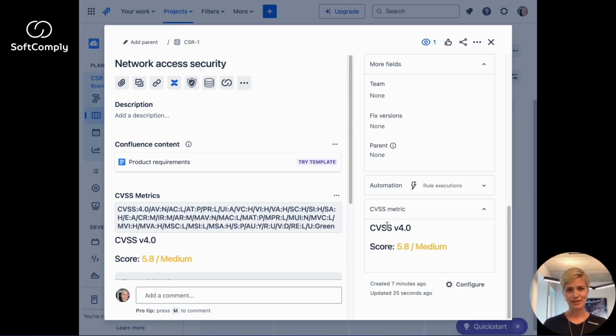As a result of the assessment, the CVSS score is automatically calculated. The higher the score, the more severe the vulnerability. By applying the CVSS metrics, you can accurately assess the risk posed by the vulnerabilities and take appropriate actions to